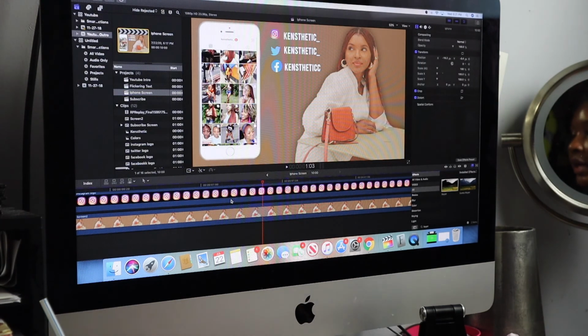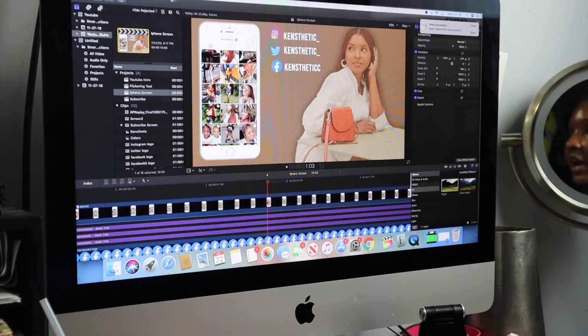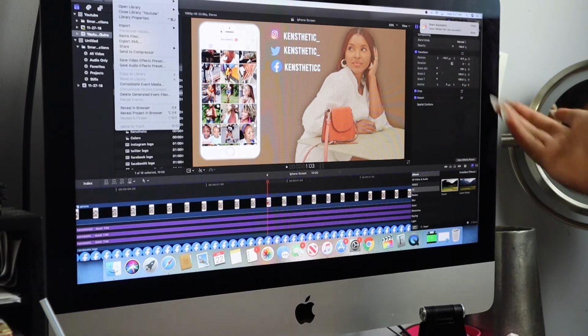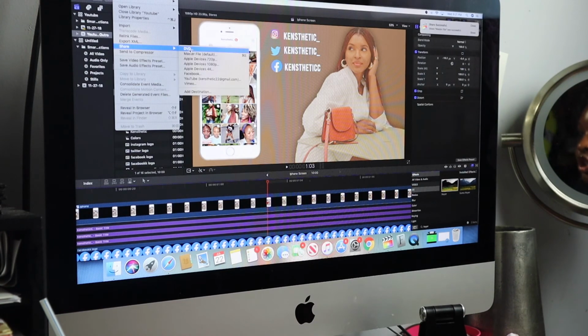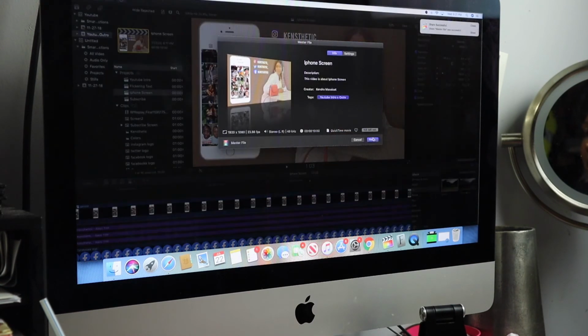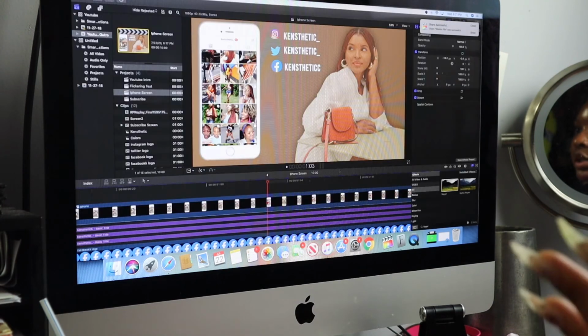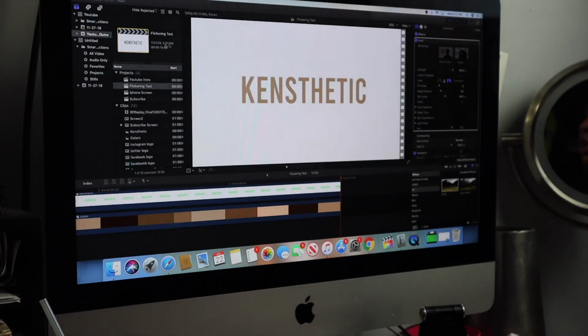Now I'm gonna go ahead and double click on that project where we did the iPhone screen. And you see it was successful, which means it's saved. So I'm gonna share master file next and make this like iPhone 1 just to save it again. So remember how the first